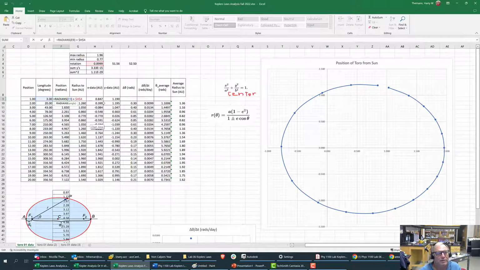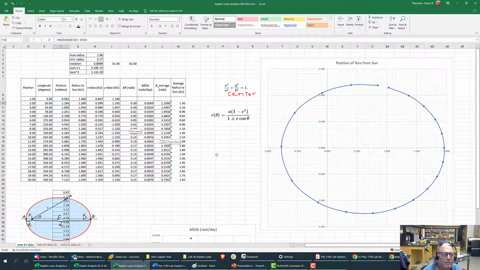I may have put it in degrees at first. So you see in here, I'm taking the degrees here and turning it into radians, and then there's my rotation variable. And then I took it and I dragged it down,